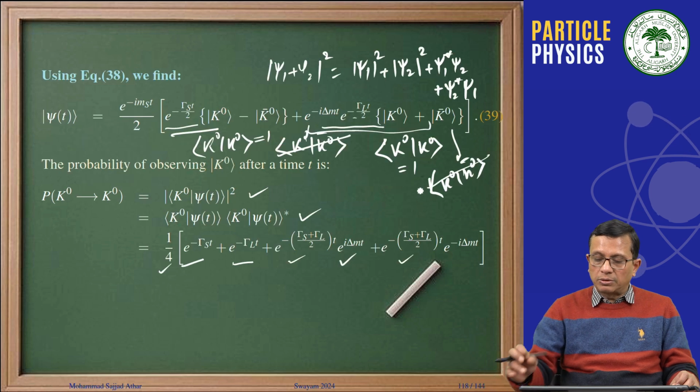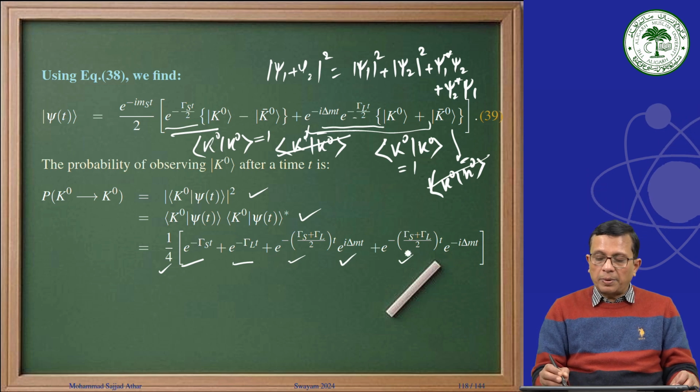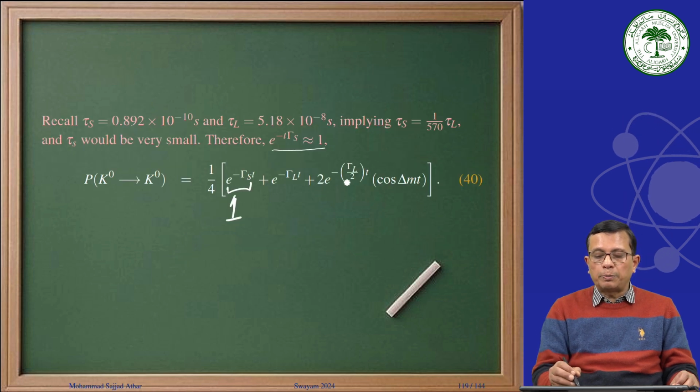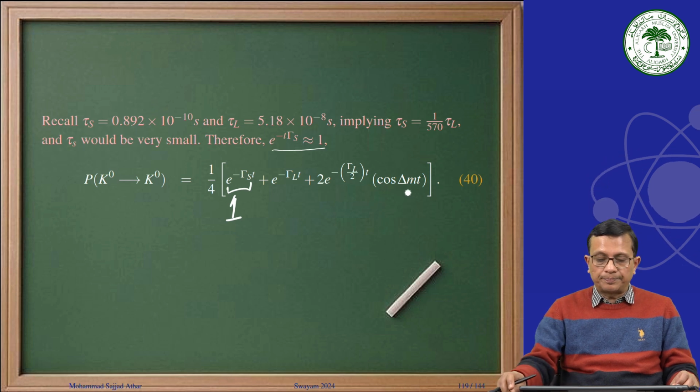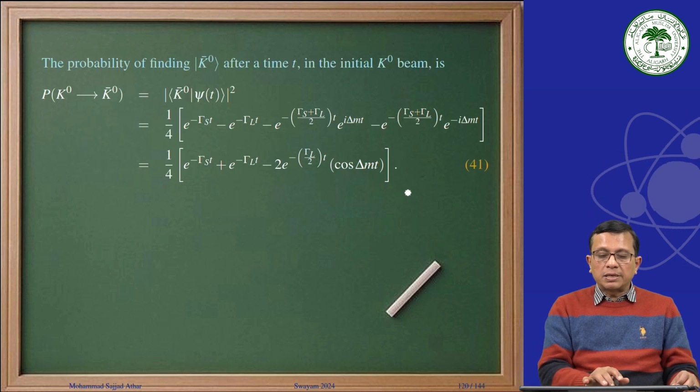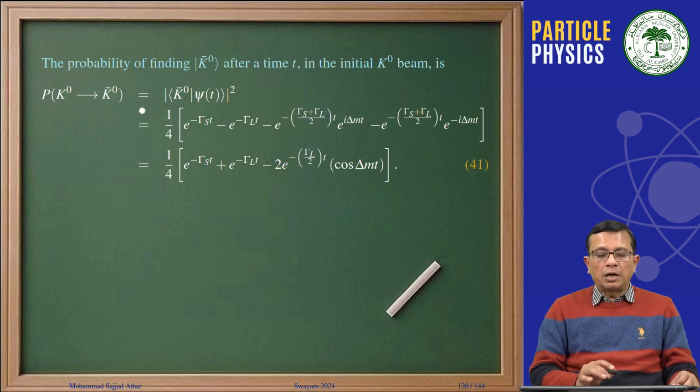Cos delta m t, as you can see, we have e to the power i delta m t and e to the power minus i delta m t. We are multiplying by 2 and dividing by 2. This is because gamma S has gone. Gamma L by 2 into t is also only there. Here it is there and here it exists. We are taking that common and we have 2 e to the power minus gamma L by 2 into t times cos delta m t. Now, similarly, you can find out what will be the probability of finding K0 bar in the